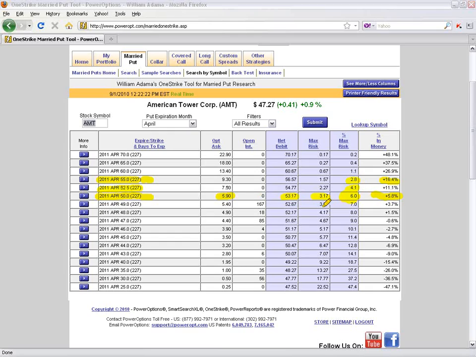If, for example, you only want to look for positions that have a risk of less than 4%, I have talked to PowerOptions customers who are trading radioactively and only look for put combinations that have a risk between 1 and 4%. Well, we'd only see the 55 strike put, the deep in the money put, with a 2.8% at risk. So depending on what your threshold is and your expectation of the stock, you want to use the search by symbol tool to evaluate which one best matches not only your risk threshold, but your expectation of the stock going forward. Now, all of this could be